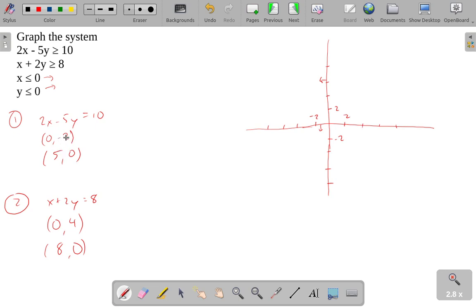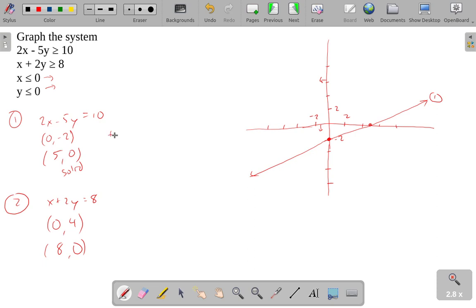Alright, now plotting these points, we have the point 0, negative 2, which is right here, and the point 5, 0, which is over here. This is going to be a solid line. I know that it's a solid line because this is greater than or equal to. And so it's going to look something like this. I'm going to go ahead and label this as line 1 so I don't forget. And